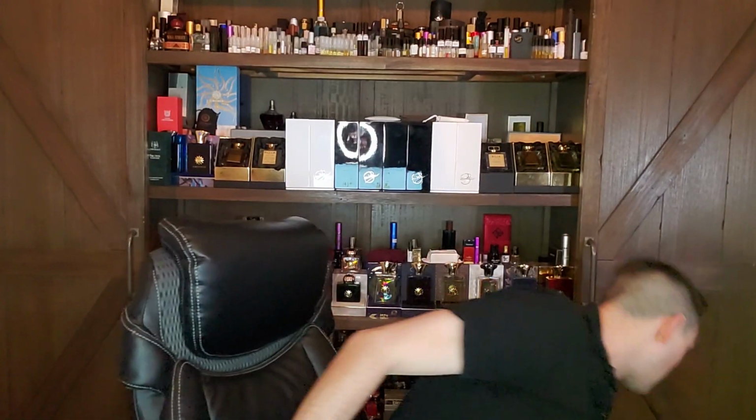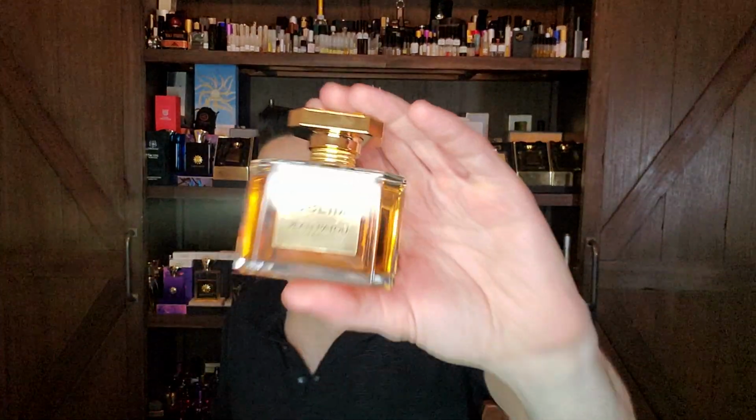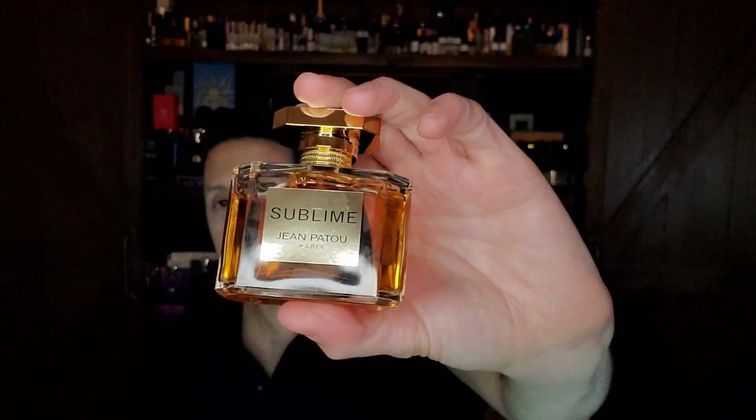Okay, next on the list we have number 27, and it's a Patou. It's a Jean Patou perfume, and this is called Sublime. So this is very underrated, and this is not a very old bottle. It's discontinued now, but this is such a great floral chypre. You know, it's got carnation, lily, lily of the valley, orris root, jasmine, ylang ylang, rose. There's just so much going on,